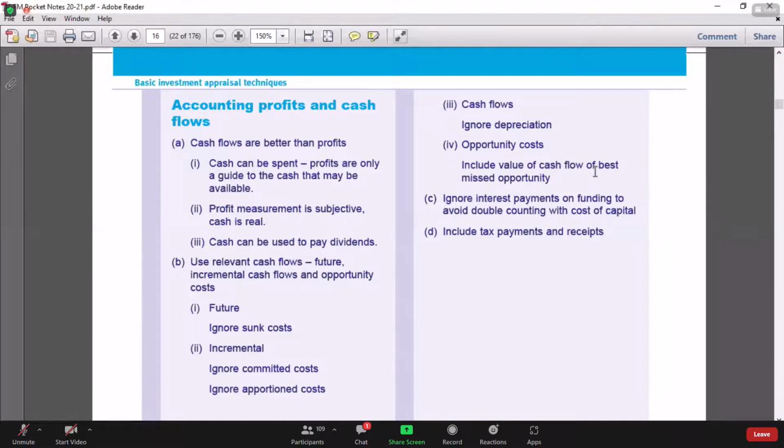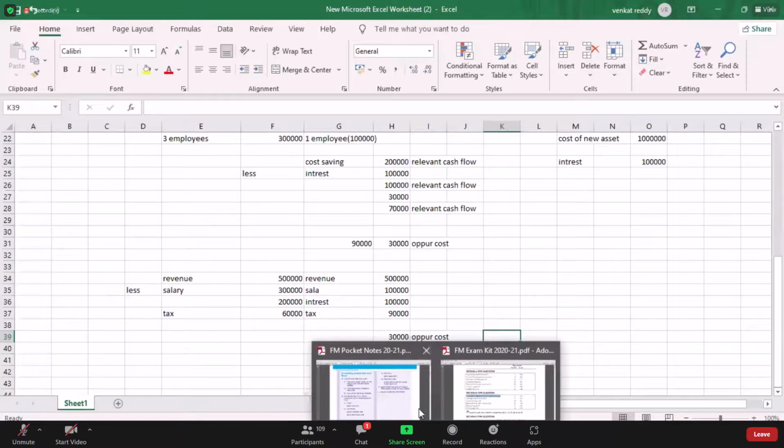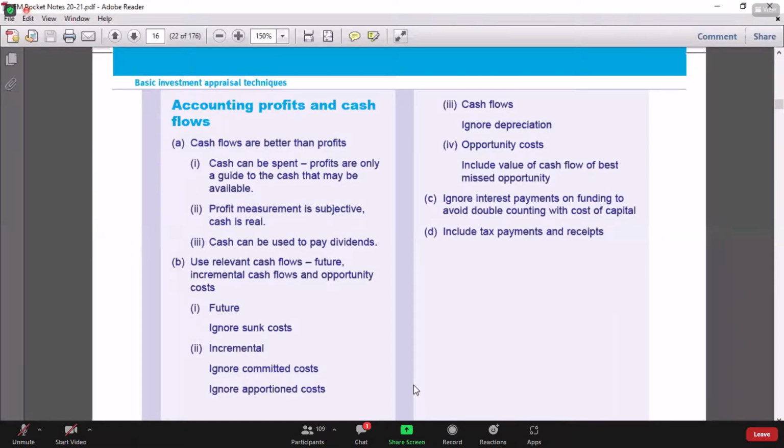If the opportunity cost is imputed, it results in a non-cash item. See, this tax, can anyone let me know, is it cash or non-cash? Because tax we should pay in cash only, right? Previously we were paying 60,000 cash. Now we are paying 90,000 cash. It means there is a cash outflow of an extra 30,000. So this kind of cash-related opportunity cost should be considered. If the opportunity cost is non-cash related, it means it is imputed. If there is no cash flow, then that should be ignored when you are considering the relevant cash flow.